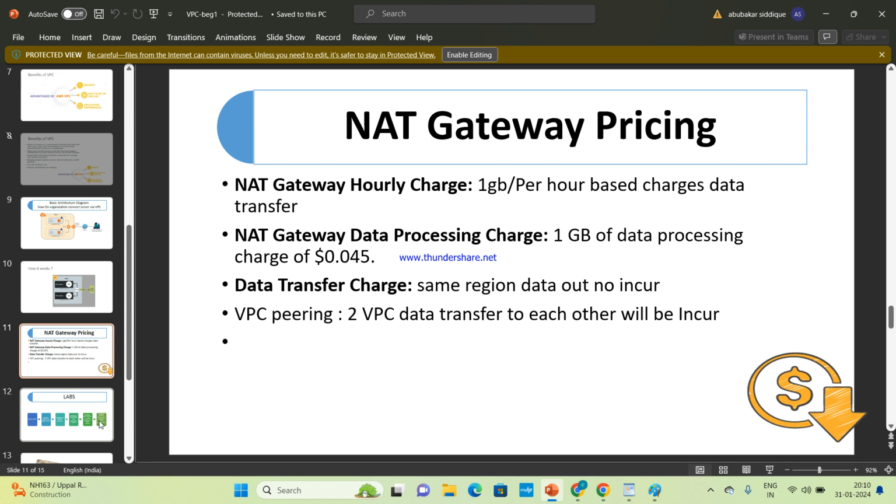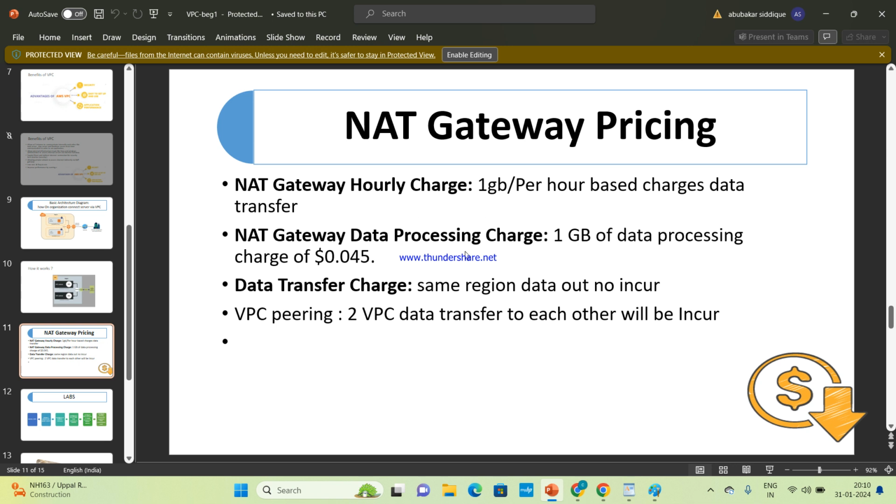Okay, this is also the same. Now in a VPC there is a NAT gateway, right, which provides indirect internet connection to subnets. Now NAT gateway charges. As soon as you create a NAT gateway, if you use it for 15 to 20 minutes, it will charge. So this is the pricing factor of NAT gateway.